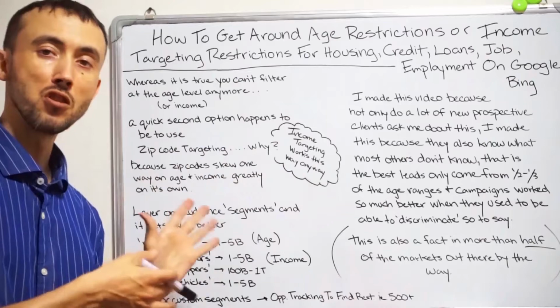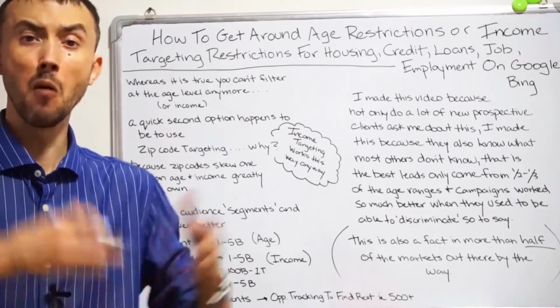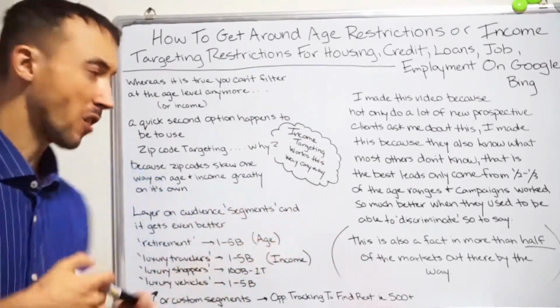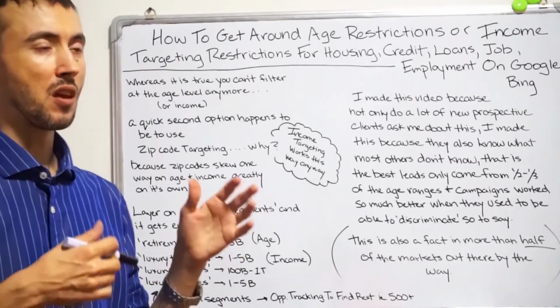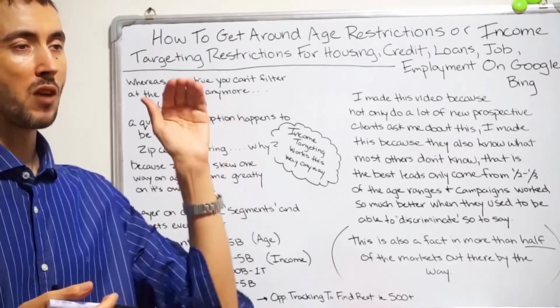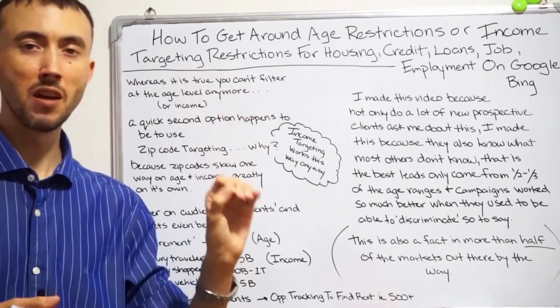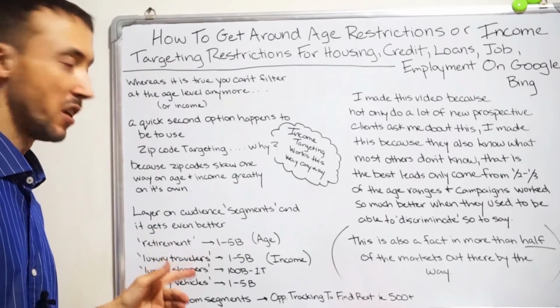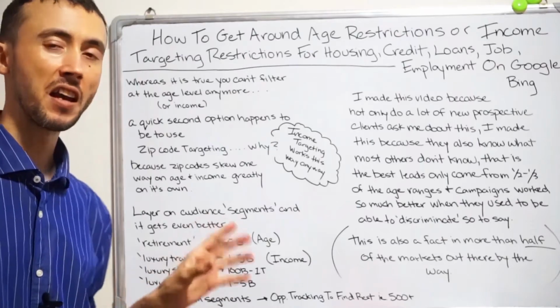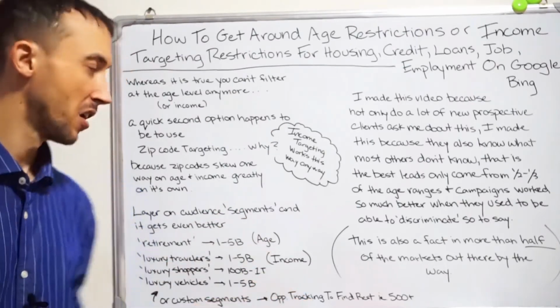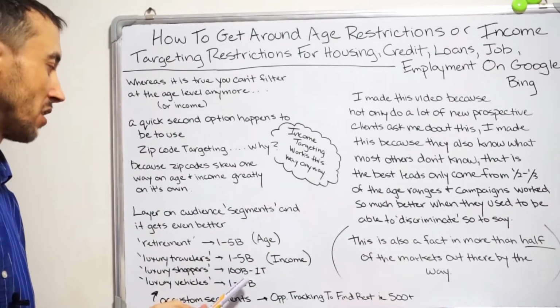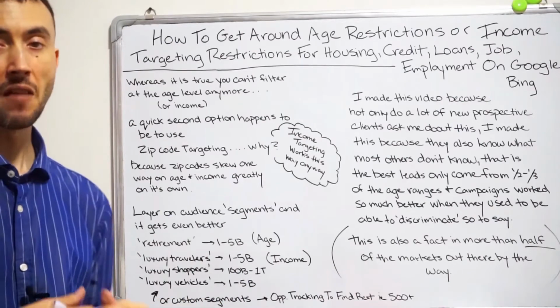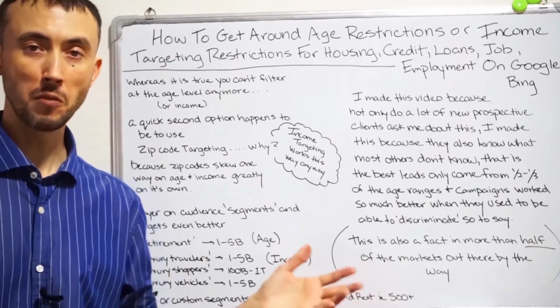And I know this is for search campaigns. It's just as a reference to how big these segments are. This is important because if you sell red shoes and you're only bidding on the keyword red shoes and you're trying to filter them down on the second level, if you don't have a big audience segment, you're not going to have a whole lot of opportunity left. But I'm showing you here that these are really huge segments.